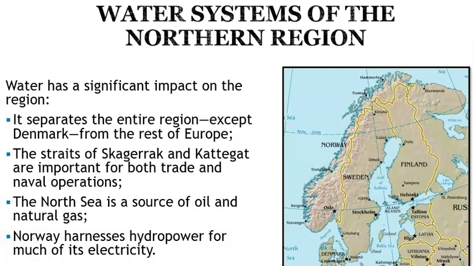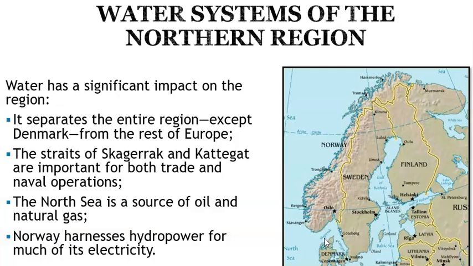Water has a significant impact on the northern region of Europe. It separates the entire region except for Denmark from the rest of Europe. So if you look here, all of the northern countries are separated by water, and there would be Iceland over here. And then Denmark is connected to the European mainland. The Straits of Skagerrak,